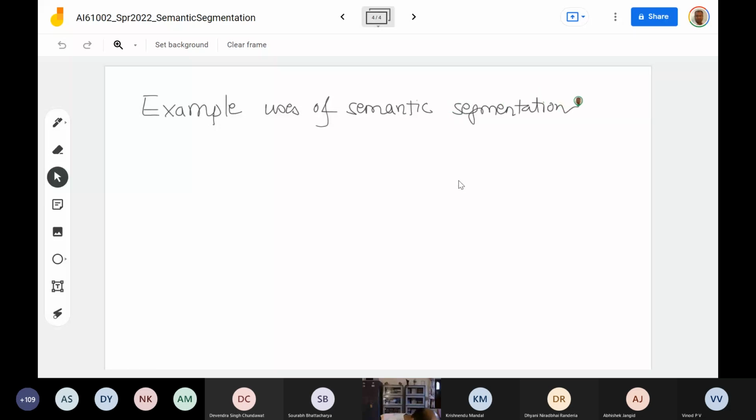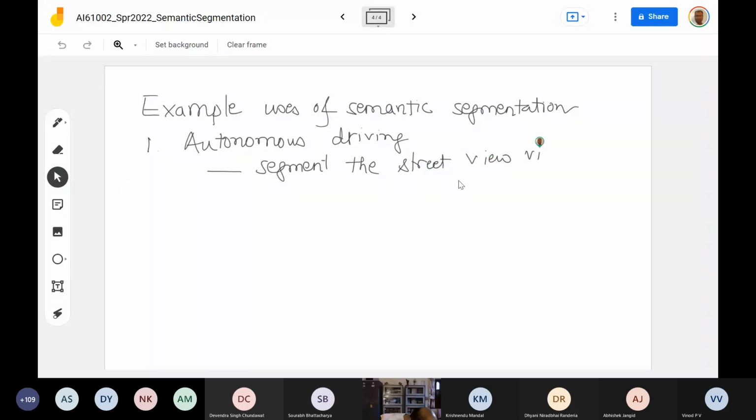One is in autonomous driving. So you need to segment the street view videos to easily identify objects. Then